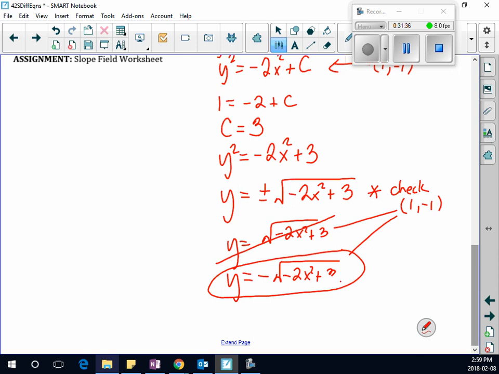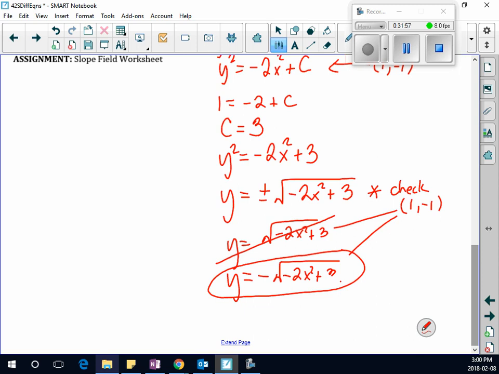So this is my equation of my differential equation, not the plus or minus. So say you forgot about plus or minus, and you just left it as a square root, you'd actually get it wrong, because it's actually the negative one. Do you see what I'm saying? So not only do you have to remember when you square root that it's plus or minus, you also have to check to see